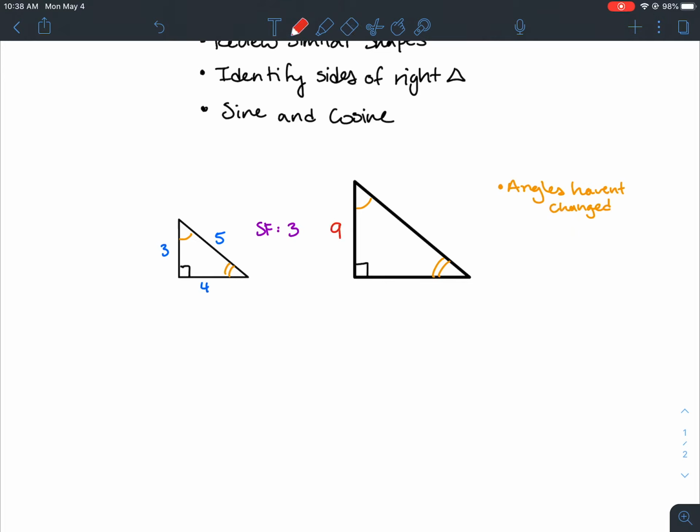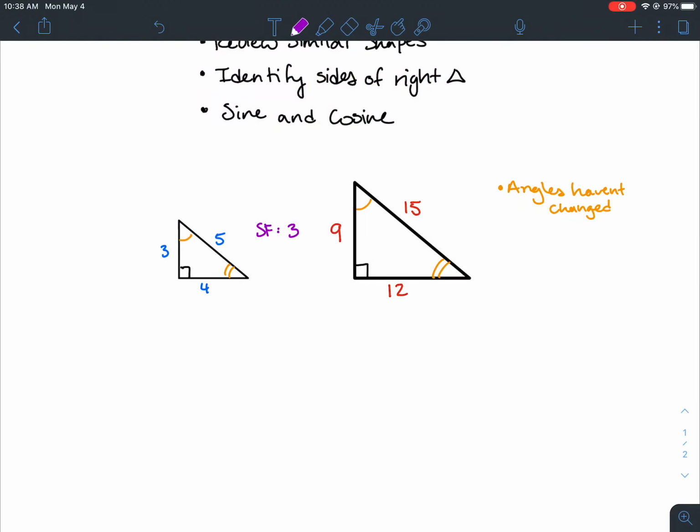So this would be 9. This side here would be 15. And this side here would be 12. Now these are similar shapes. However, though, there's one thing that we can do. If we look here,